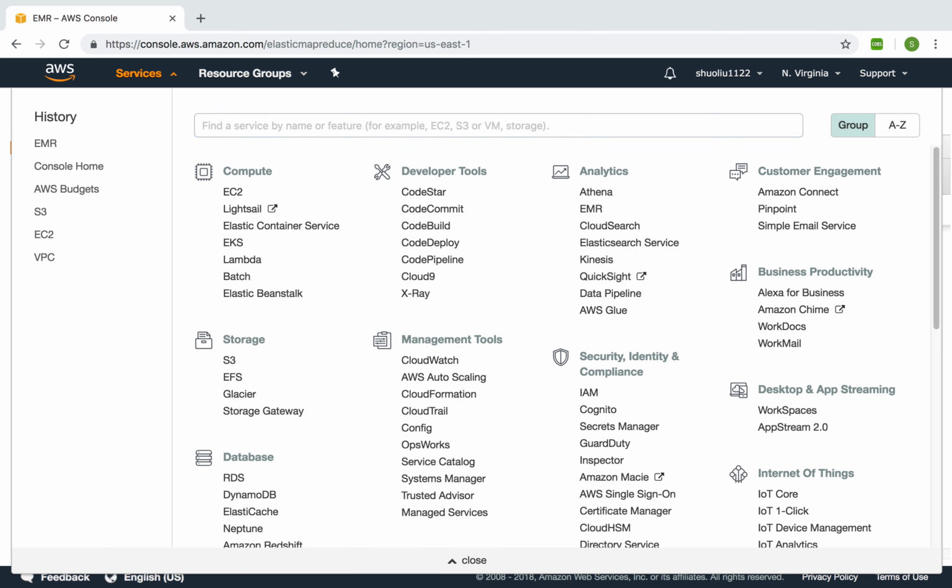Hey guys, this is the demo for Lab 8 of EE542, and this is Den group. So the first step is we are going to create an EMR cluster with Spark applications, and we are just